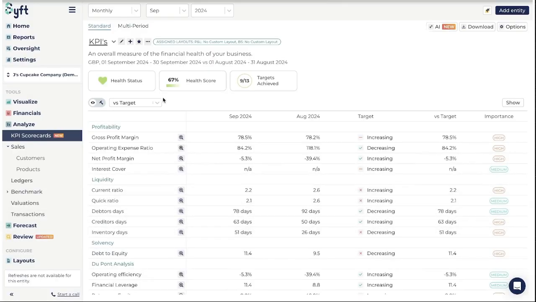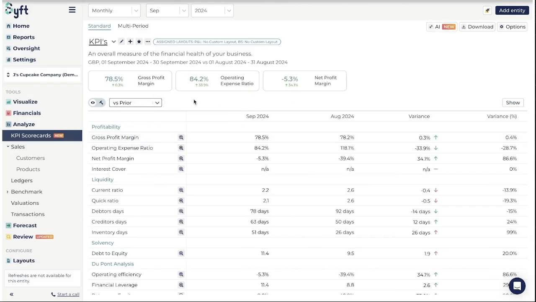Then back in standard, if you choose versus target, this will give you a health status and your health score based on the targets and if you have achieved them. But how can you go and customize these metrics? Well, firstly, you can't go and customize what shows in the versus target section because this is set as your health score. But if you go and change the comparative to versus prior or one of the other options, and